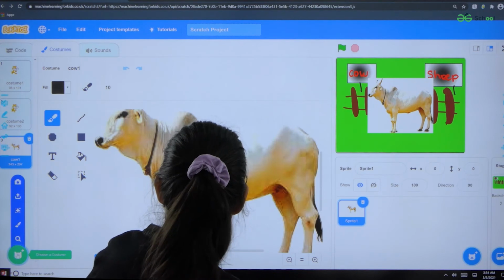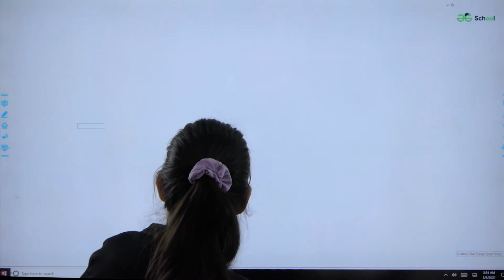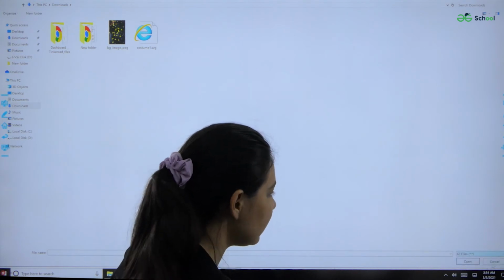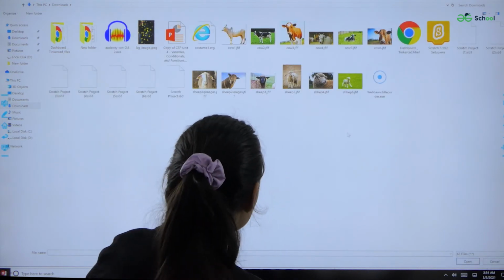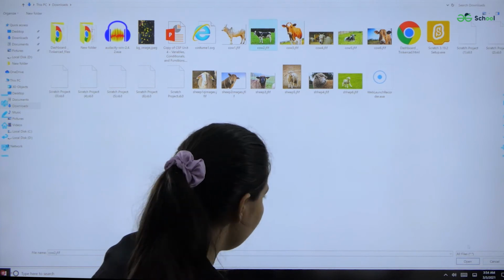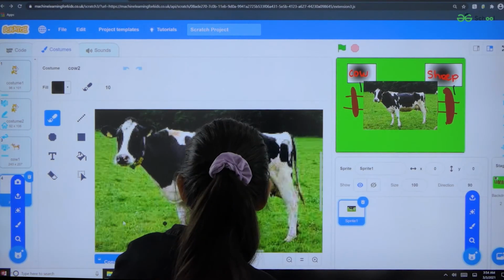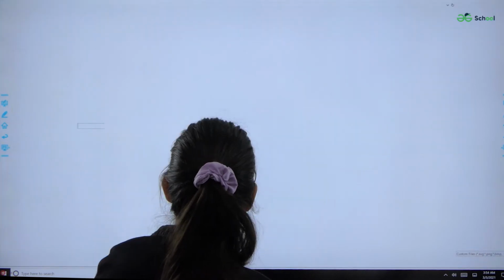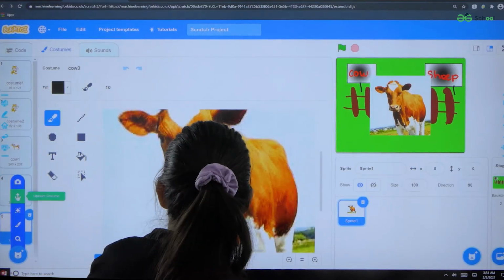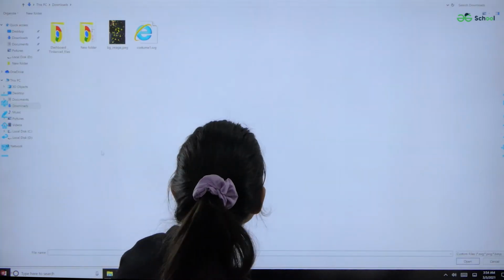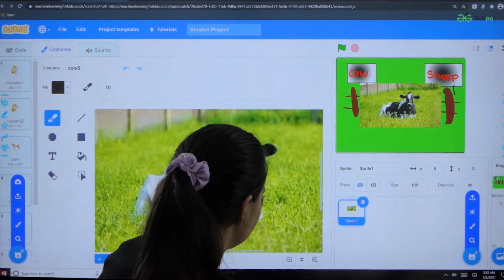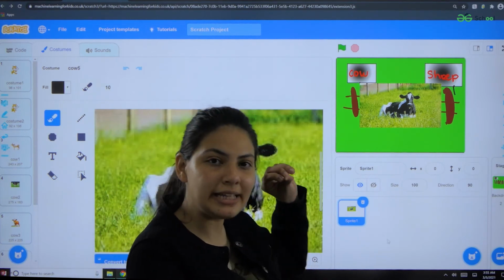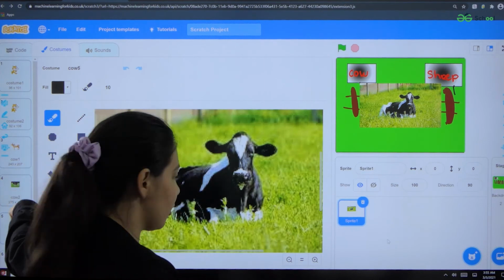You have to upload at least 5 images of each animal you are choosing. Repeat this step until you select at least 5 images. Okay, so I have selected 5 images from my desktop and uploaded them here in the costume section.